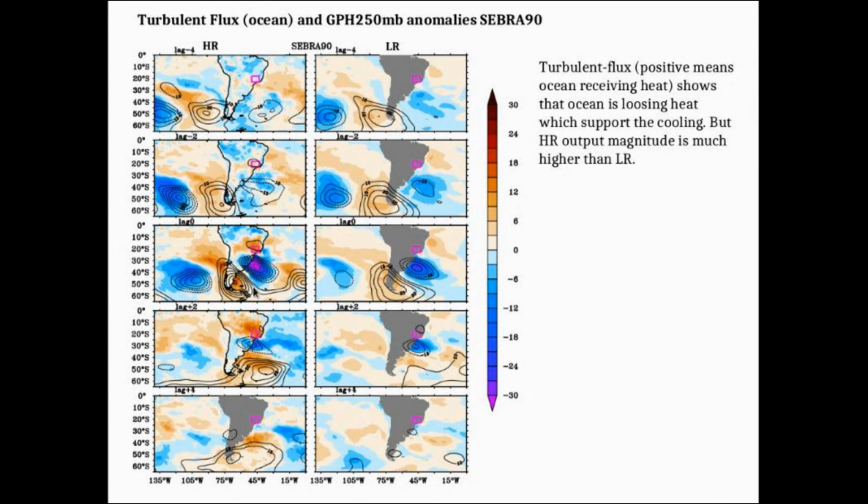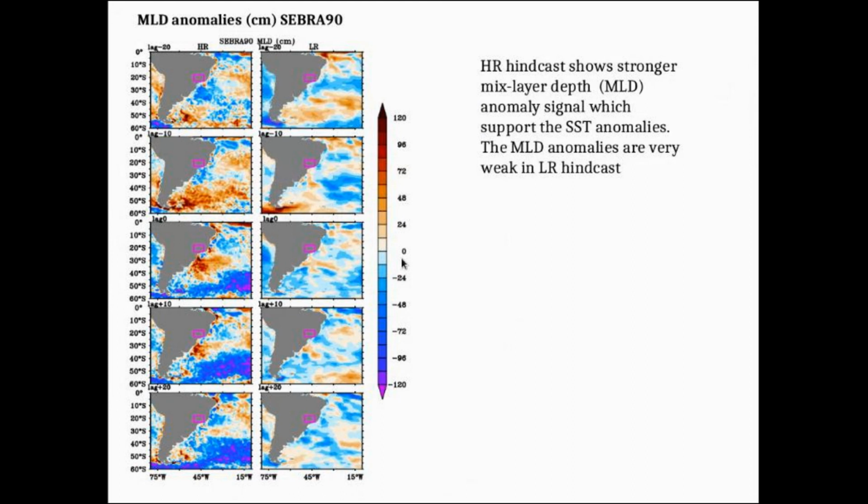But when it comes to the local feedback, the SST signal is much stronger in the high resolution. You can see that this wind pattern, which is bringing the strong precipitation and suggesting a cyclonic circulation, is much stronger in high resolution than in low resolution. This may be the reason: better wind is driving the stronger moisture flux, and is the reason for the strong precipitation anomaly in the high resolution.